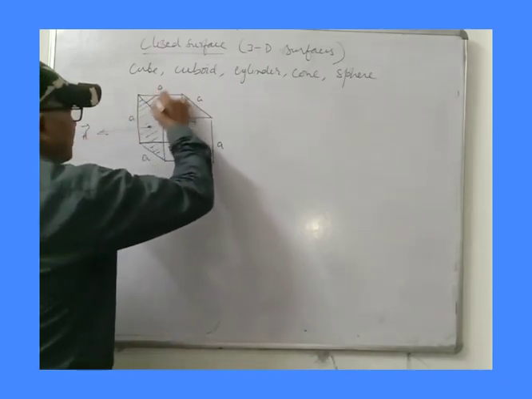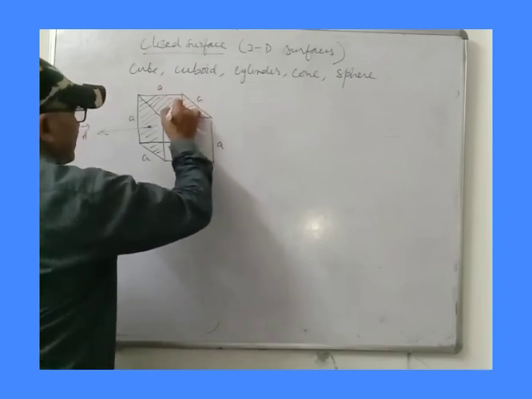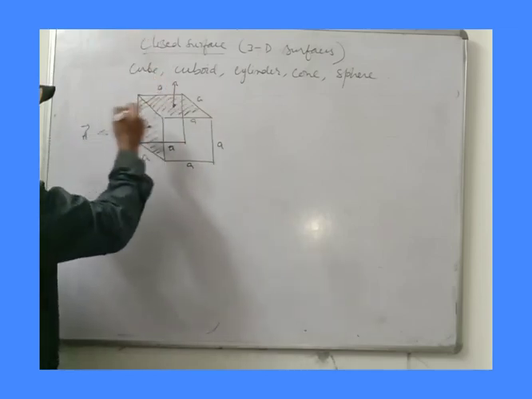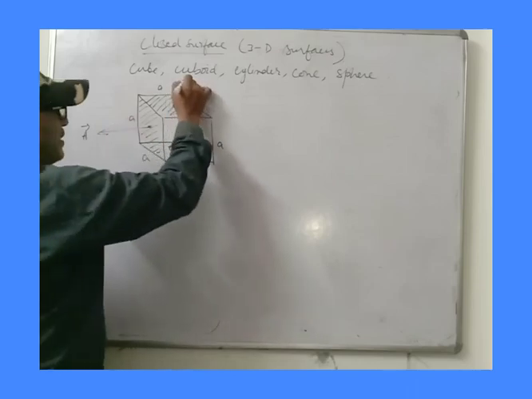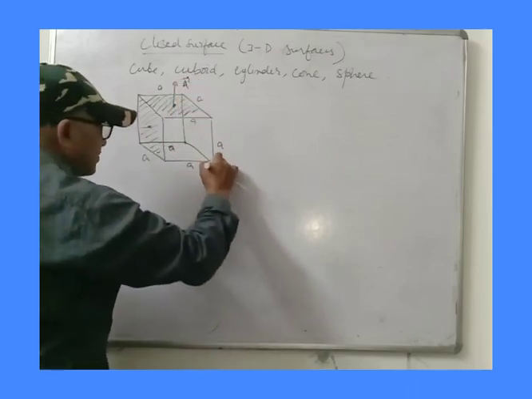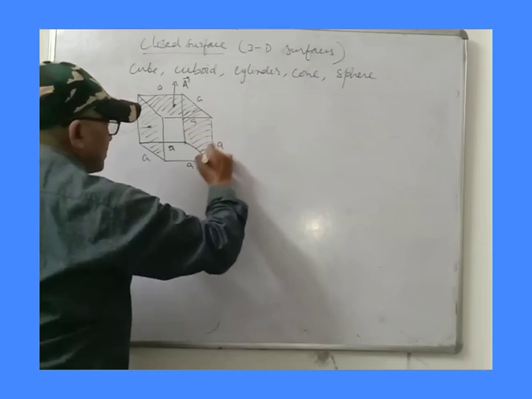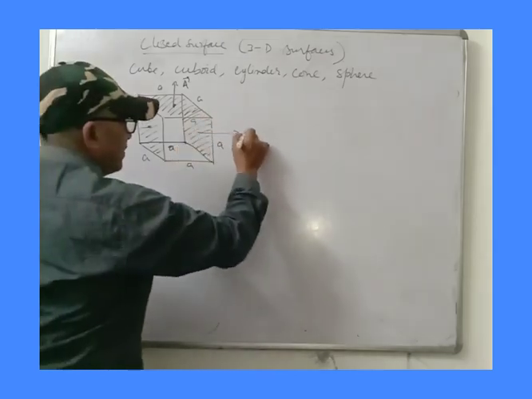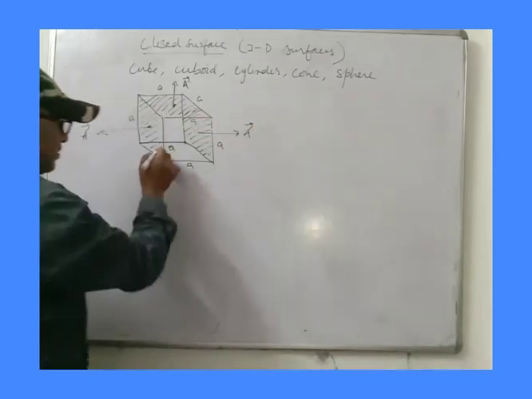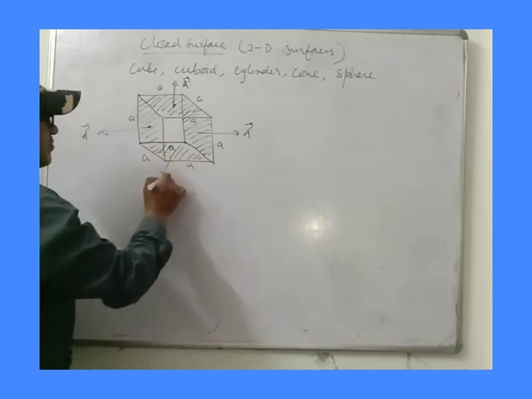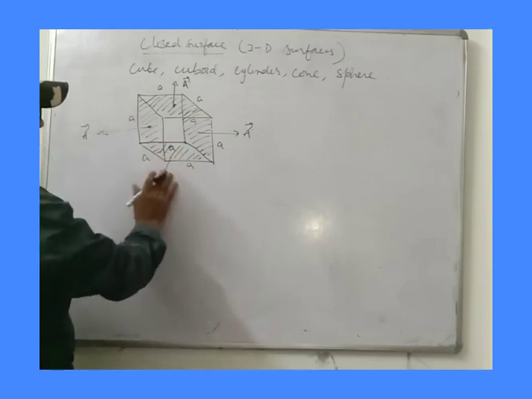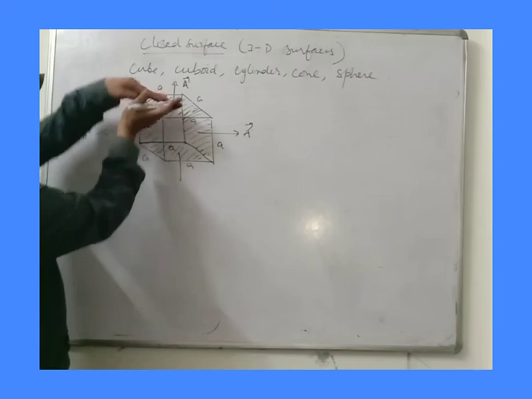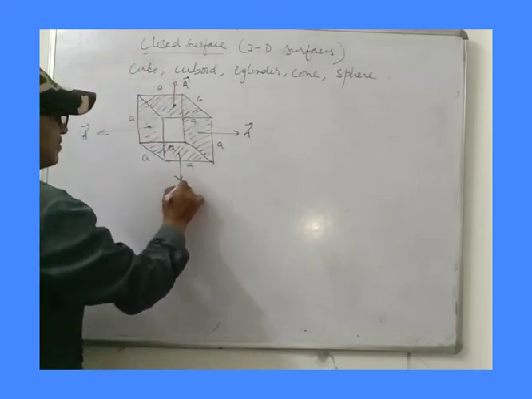There is one more surface. Its area vector is normally outward, no inward, only outward. Normally outward. There is one more surface, this one. Its area vector, this is that side. This way, area vector, normally outward. There is one more surface, means face, we can say. This is the down part, this is the upper part.